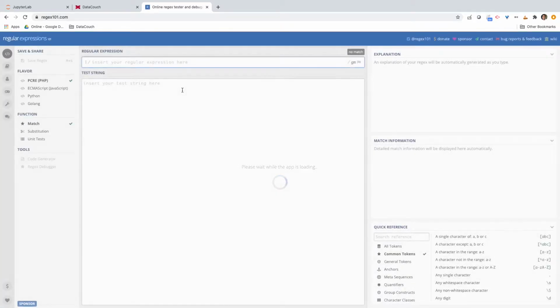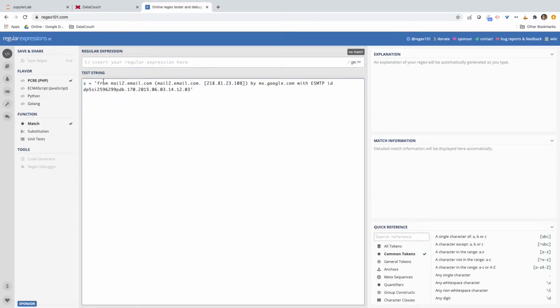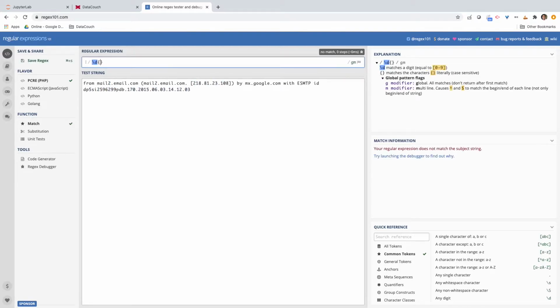If you go to this website, you will find a regular expression tester, and I will paste the string here too, keeping it compatible and removing the Python-specific stuff. I'm just writing the logic to extract the IP address. \d is a digit, and this length can vary between 1 to 3.